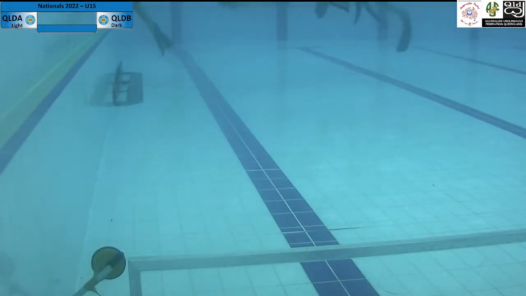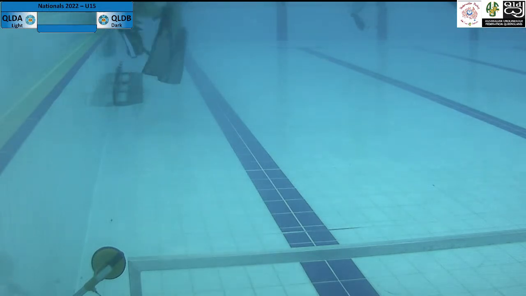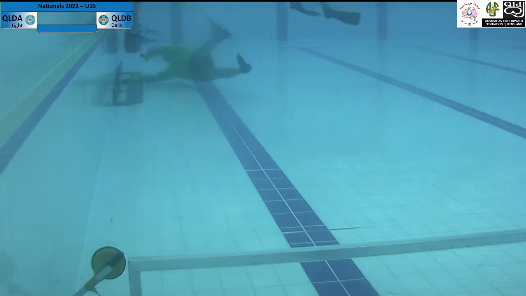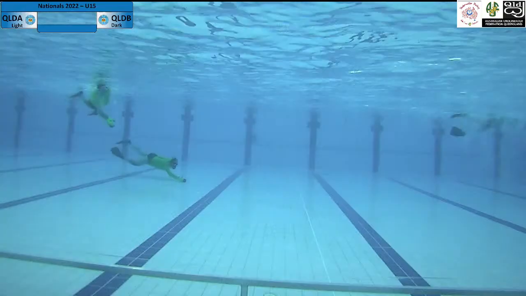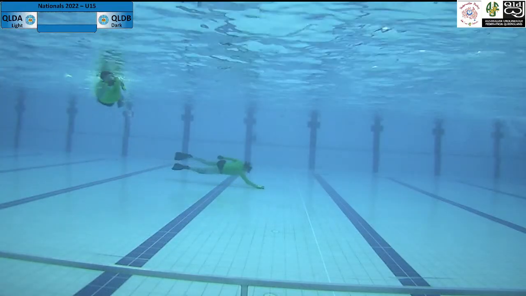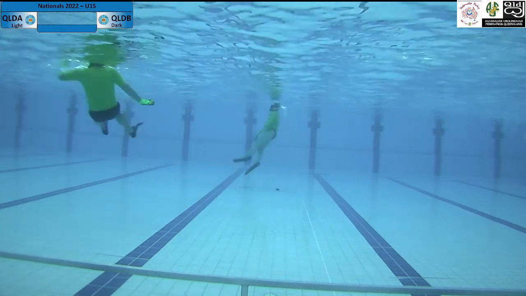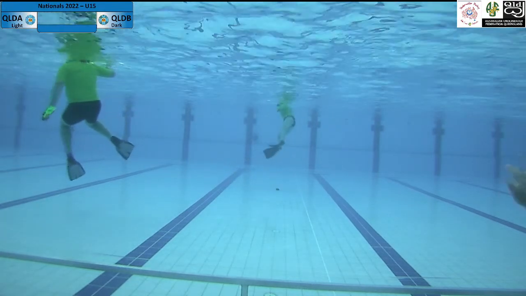Oh, spoilers alert! My button push has a bit of delay. So, there we go. We're back on. So White there, Queensland A winning the strike, doing a good drive up into that corner, giving it back there. And now the Queensland A doing a good little drive here, swishing across the pool. I'm sure that's the way Anton's coaching them to play. Swimming into the space. Oh, here we go. Turnover. Nice quick player.